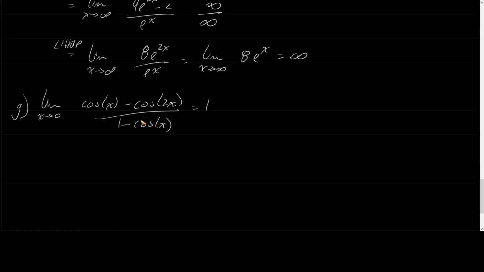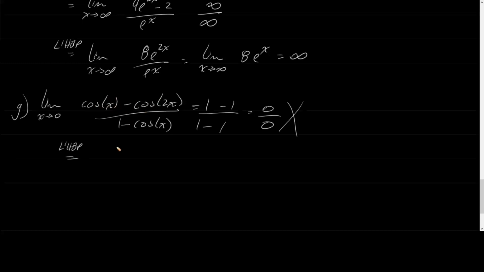Cosine of 0 is 1. 0 times 2 is 0. Cosine of 0 is 1. So I have 1 minus 1 over 1 minus cosine of 0, which is 1. So that's 0 over 0. Indeterminate. So we can apply L'Hopital's rule. And when we apply L'Hopital's rule,